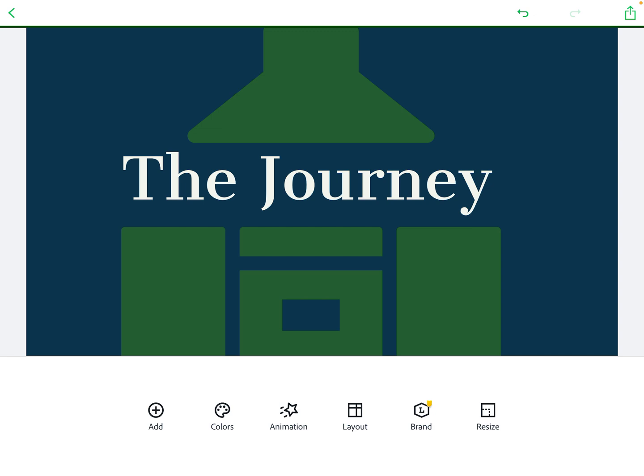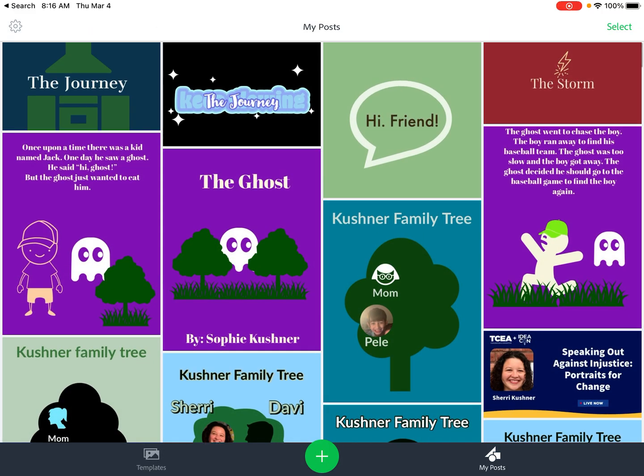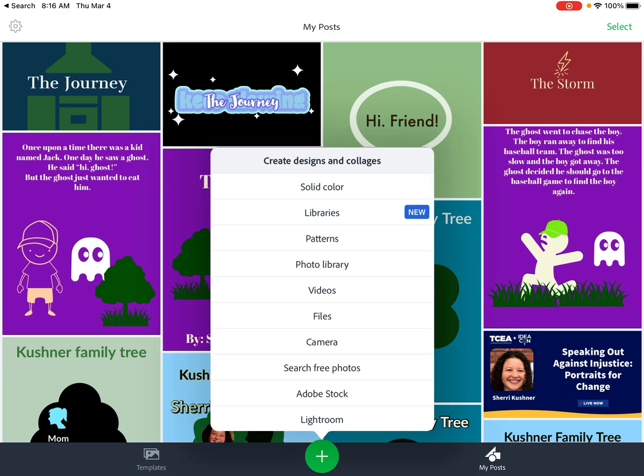Yesterday we were making a title for The Journey, right? We were using our text and our icon. So you can make a really cool title and export that. But if you want to make a speech bubble like this one, hi friend, if you press your plus sign